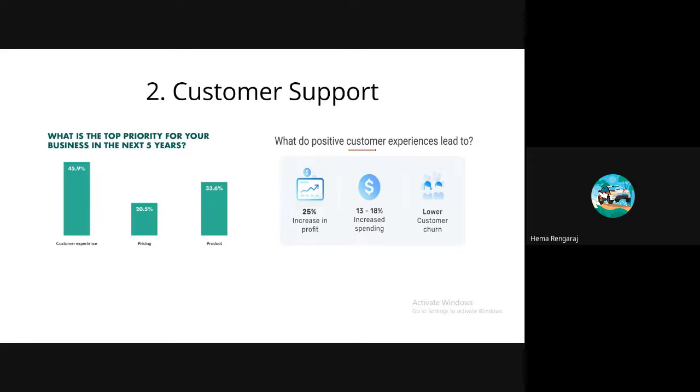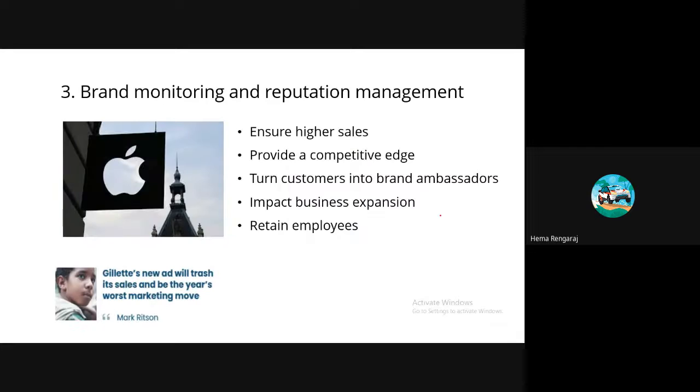If you are getting the reviews and doing some analysis with them, what will it lead to? Obviously, it will increase your profit, increase your spending, and lower your customer churn, right?